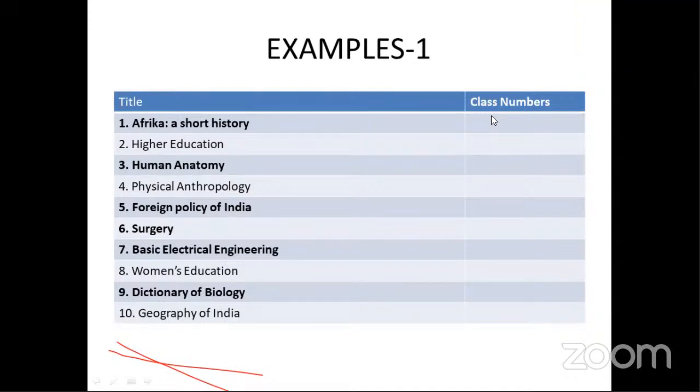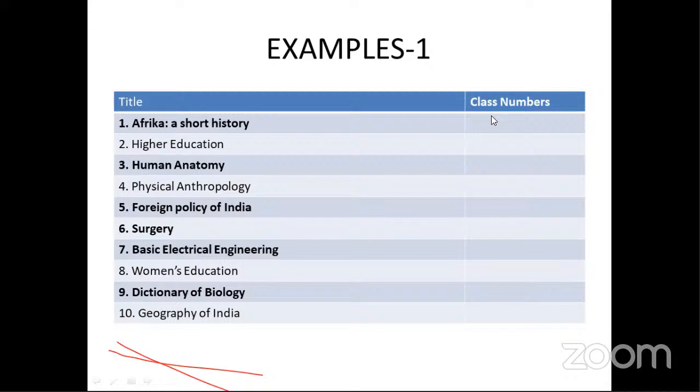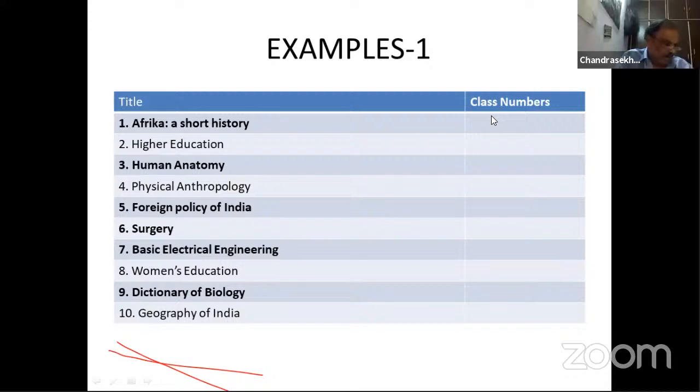Under women, I can't see women education. Women, then there are several divisions: women advertising, women arts, Bible, women in Bible, women biography, women education,